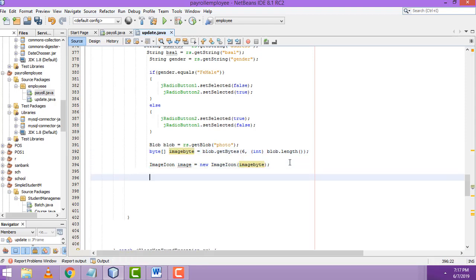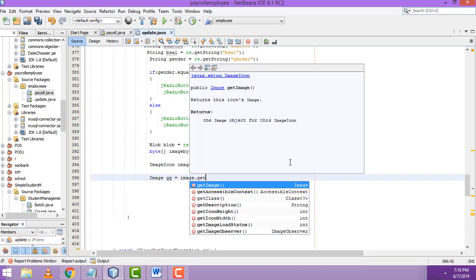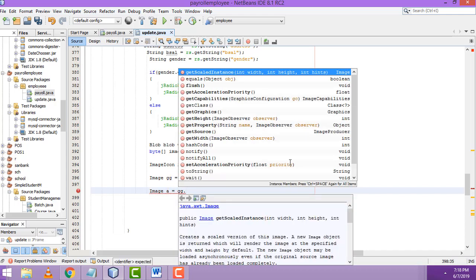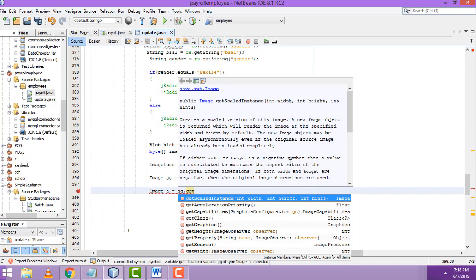After that, what I'm going to write is here. You have to give image ggg, create the object ggg. You have to create any name there. I just create ggg dot get image. Right, after that you have to write image a equal ggg dot get scale